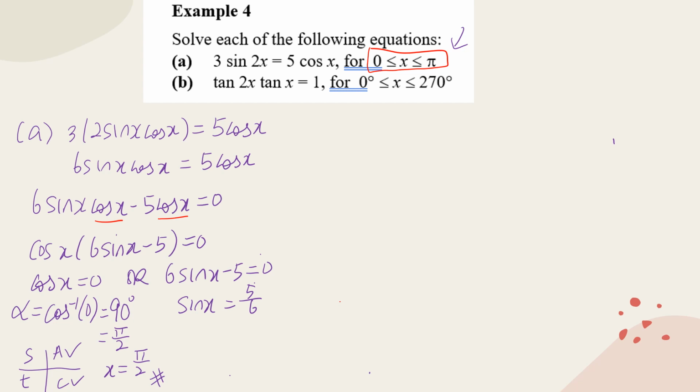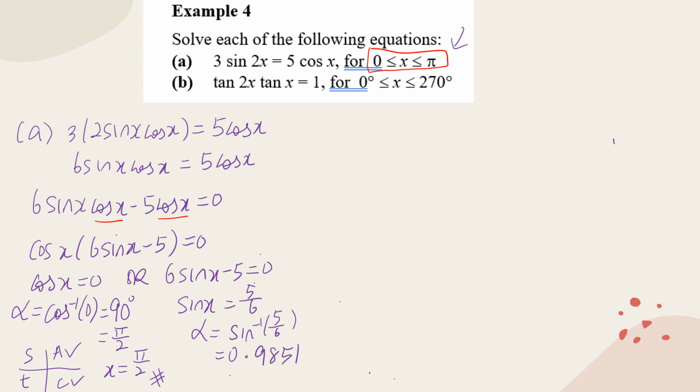How about the second equation, sine x equals 5 over 6? Yes, we go on to find alpha first. So alpha will be sine inverse 5 over 6. Because you have to leave your answer in terms between 0 and pi, remember to change the mode in the calculator to radian mode. Then you press shift sine inverse 5 divided by 6. That will give you